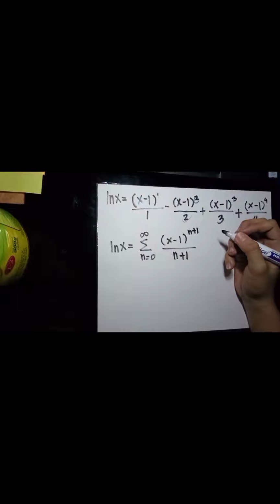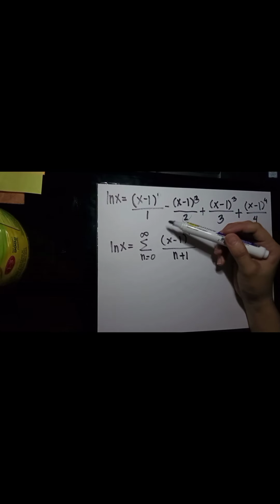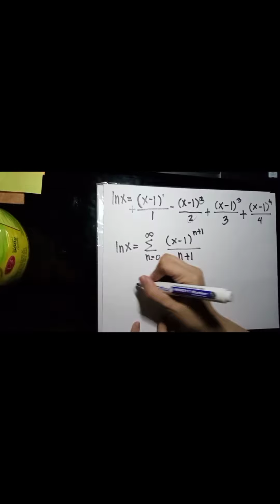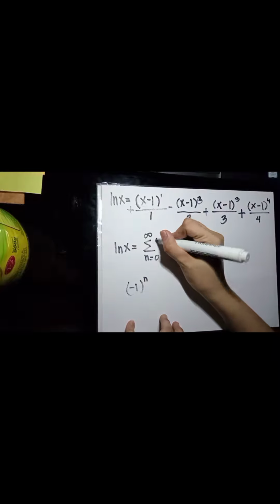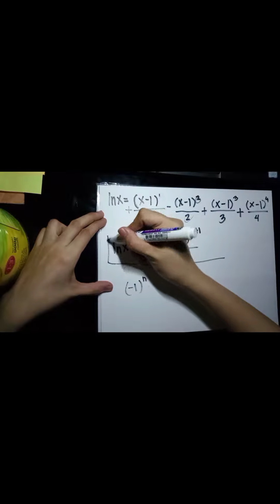So now the last thing we need to do is deal with the alternating sign. When n is 0 for the first term, we need to get the positive sign. A negative 1 to the 0 power is positive 1. So we will use negative 1 raised to n. So this is our first